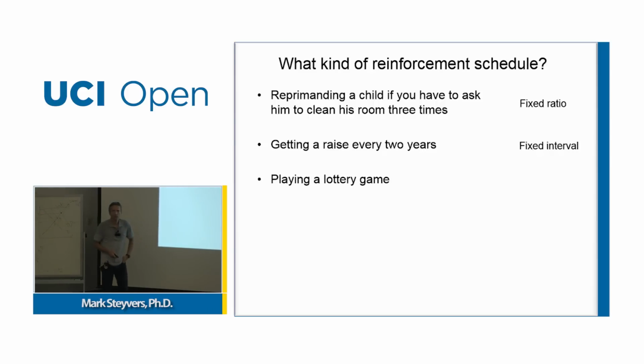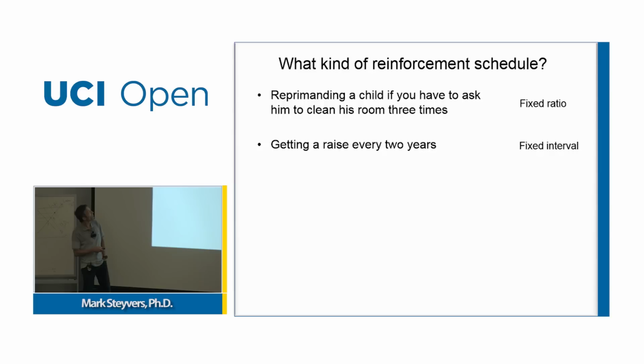Playing a lottery game. So that's variable ratio. You have a question? Can you explain why this is fixed interval? Because you're saying, as long as you perform okay, so you have to respond in some desirable fashion, you'll get a raise every 2 years. And you know in advance that interval. It doesn't mean you automatically get that raise. That's important, because that would induce no learning whatsoever.